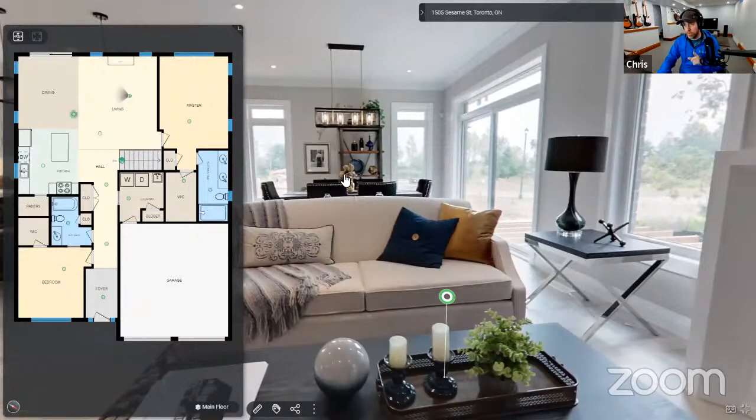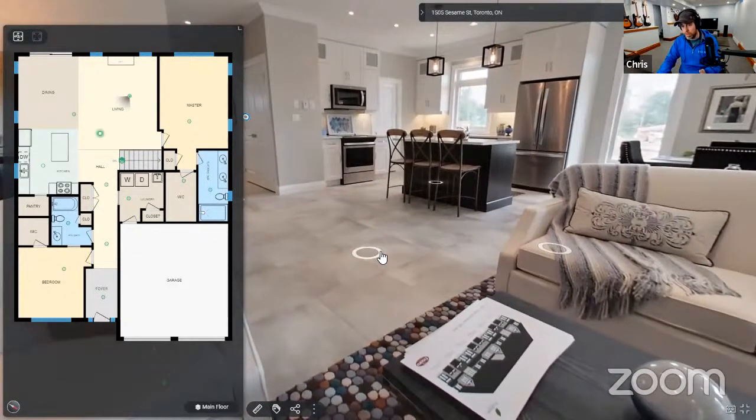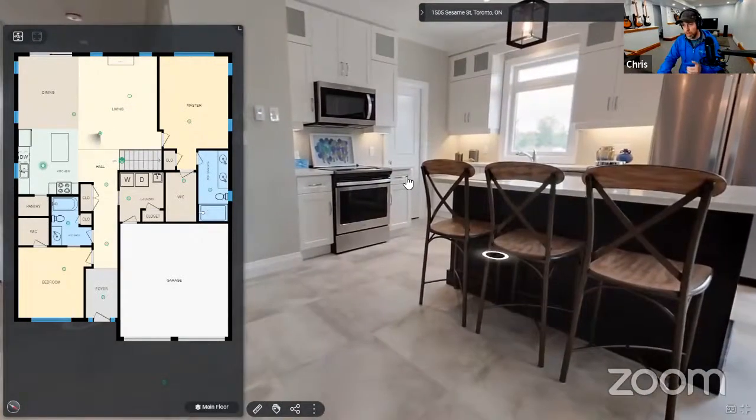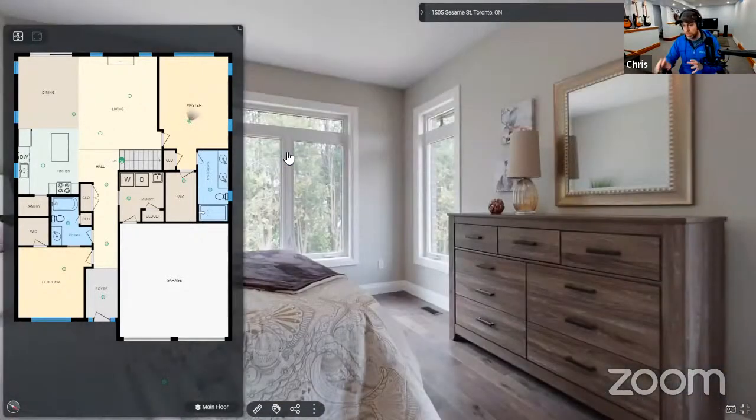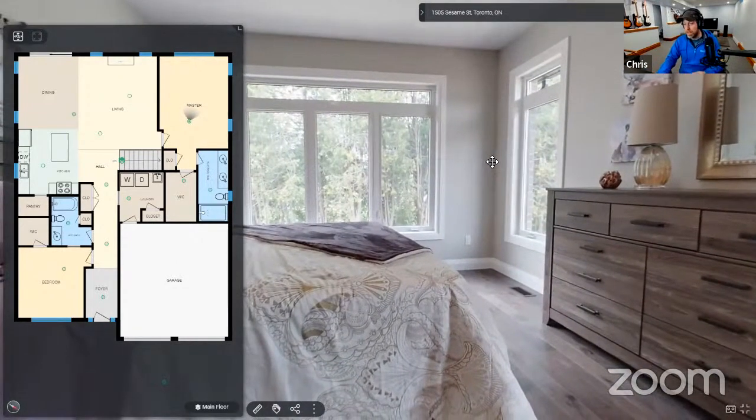And I can also obviously move around the space by clicking on the visuals to go where I want to go visually. But then when I look at the floor plan, I can go instantly where I want to go and kind of teleport there. So these two types of navigation are really complementary because there are times where I want to know more about a space I'm currently in that I can see, and there are times where I want to know more about a space that I cannot.